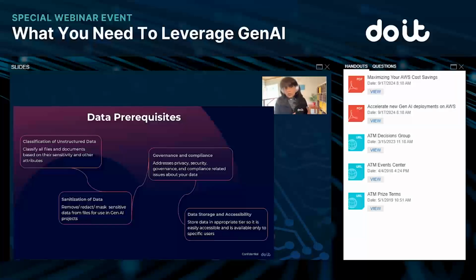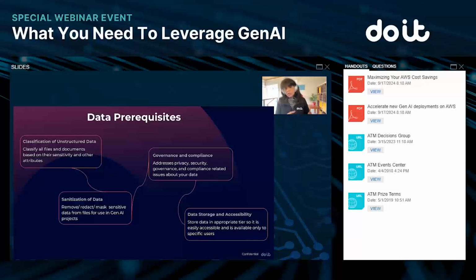And also what data you can share and not share. So all the privacy, security, governance, compliance, all these issues you have to take into consideration before you give your data to GenAI models for training, pre-training. So that's one important thing, the governance part, you have to keep in mind.